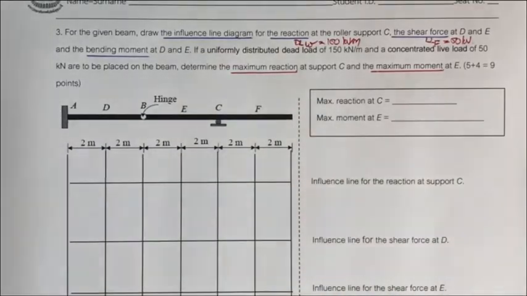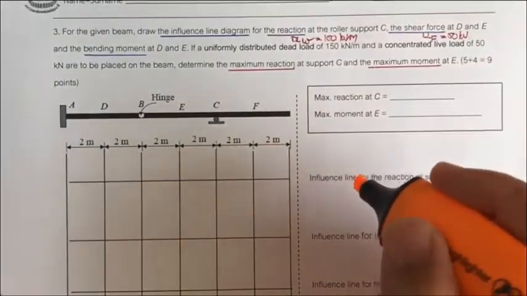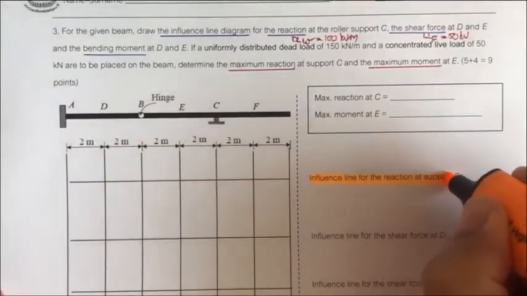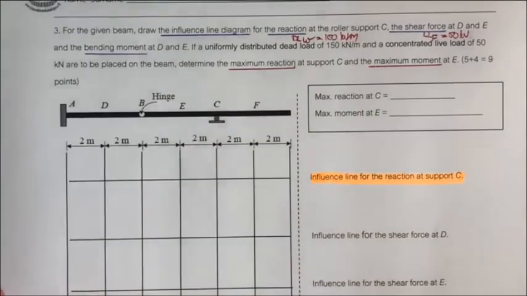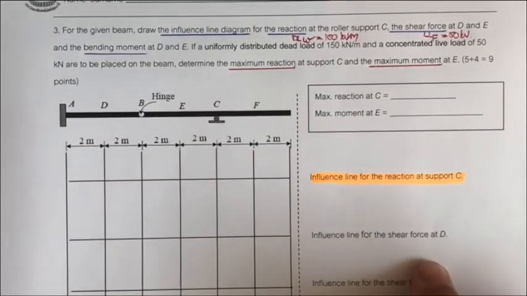Okay, so let us practice first by drawing the influence line diagram. We will use the Müller-Breslau principle to draw the influence line diagram. First, they ask us to draw the influence line diagram of the support D. So you may recall from the Müller-Breslau principle, if we would like to draw the influence line of the reaction at C,